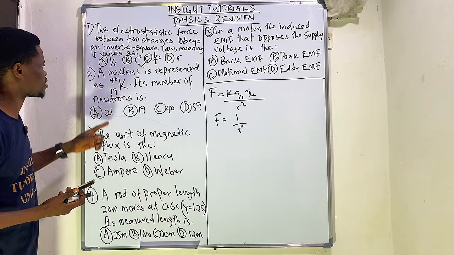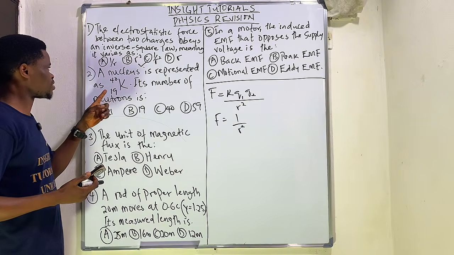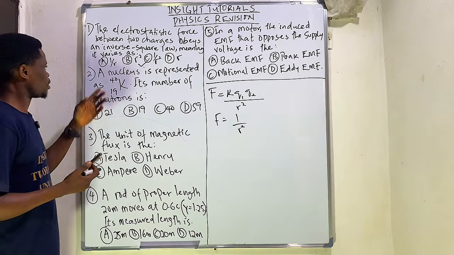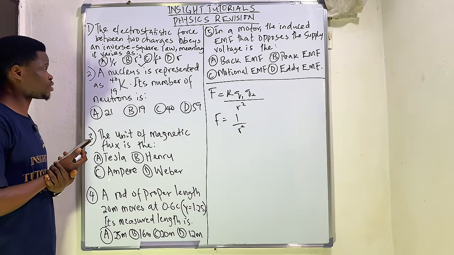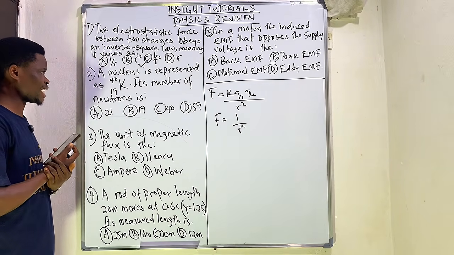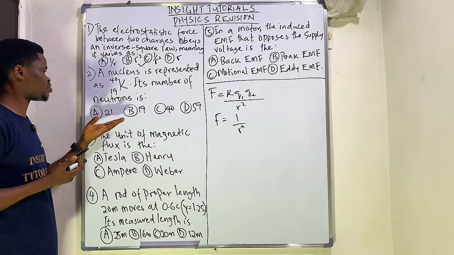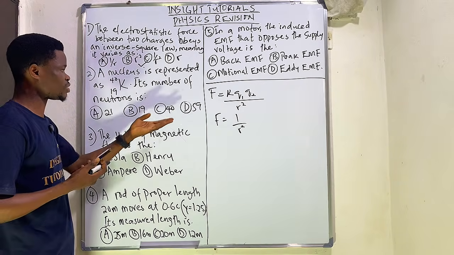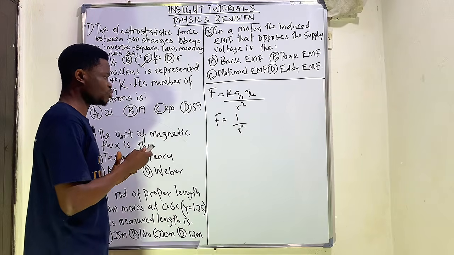The second question says that a nucleus is represented as, we have this particular element, potassium, having a mass number of 40 and an atomic number of 19. And they're asking us that its number of neutrons is: A says 21, B says 19, C 40, D says 59. Now, very importantly for you to know,